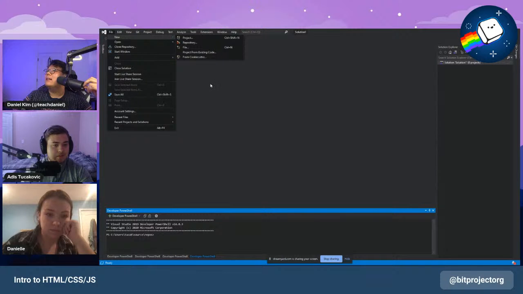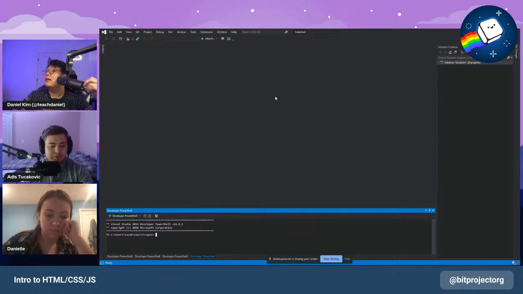Wait, can you zoom in? I can't really see what's going on. How do you zoom in? I'm not sure how you zoom in on this application. I don't think you can. You can do command plus, command shift plus, oh, not working, or control plus. Never mind. Okay, let's go to